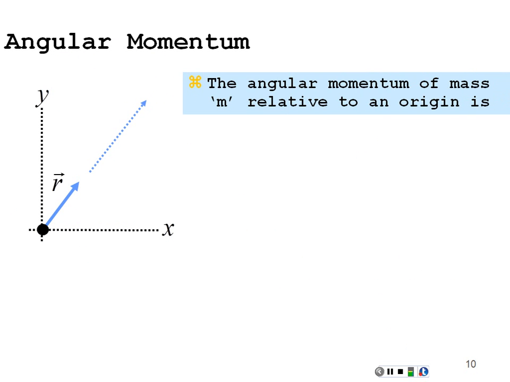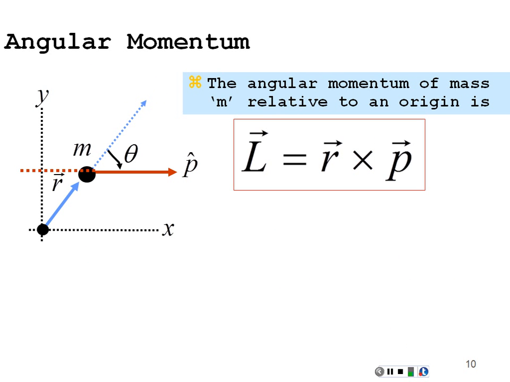The angular momentum of a mass relative to an origin is equal to the cross product between a radial vector to a point and the momentum vector at that point. And it's represented by L, an L vector, which kind of looks, the L symbol kind of looks like an angle, so maybe that's why it represents angular momentum. So the angular momentum is equal to R cross P,